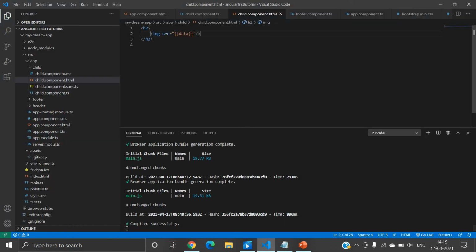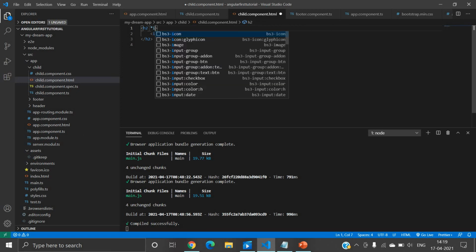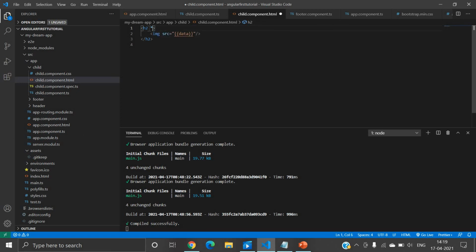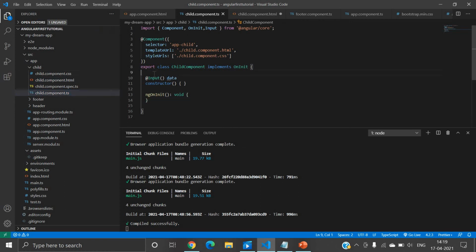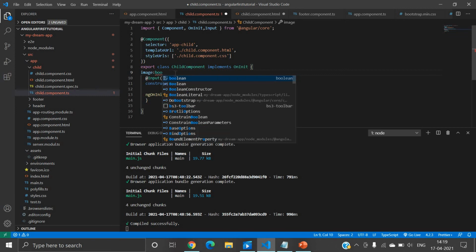You can use multiple things. Now let's say I want to use the ngIf directive. Suppose that ngIf, and here I will create one property. Let's say image, it will return a boolean value.